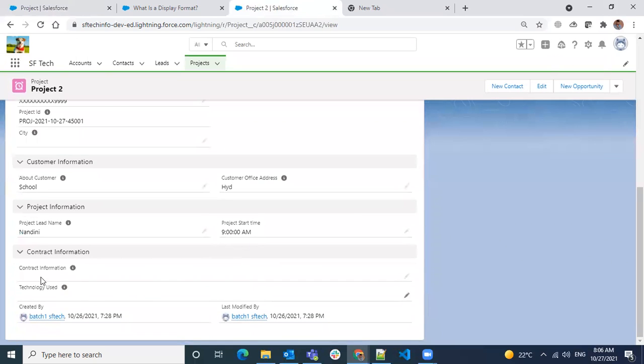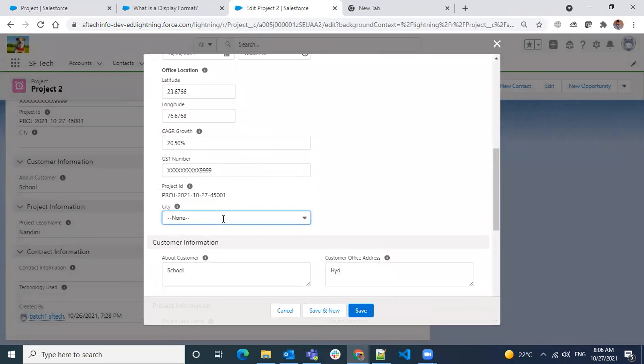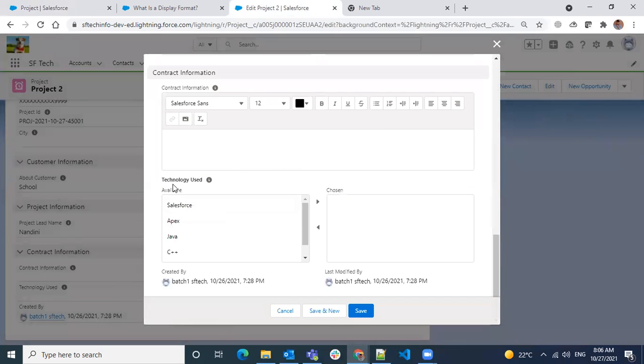Technology is okay, it is here. If you see the drop down, you can see the city, and when you see the multi-select pick list value, here is how it will look. You have two boxes, with available values on the left and chosen values on the right.